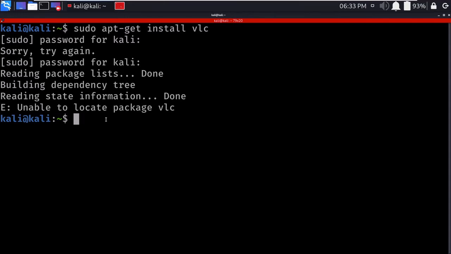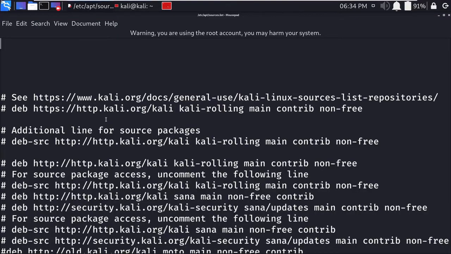So when this problem occurs, you must first check the repositories in the sources.list file and check whether they are misplaced or not available in that file. The file you must check is at a specific location, that is /etc/apt, and in this apt folder there is one file that is sources.list. This is the file which we need to edit or in which we need to add some repositories. You must be thinking, what is a Linux repository?